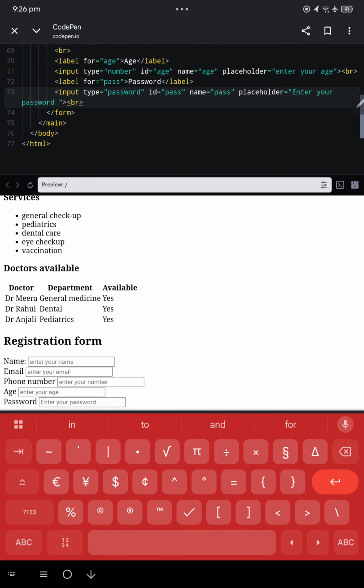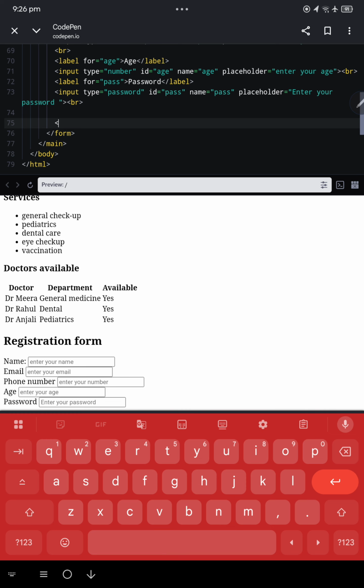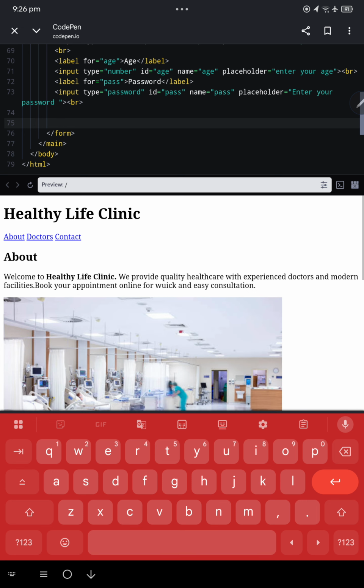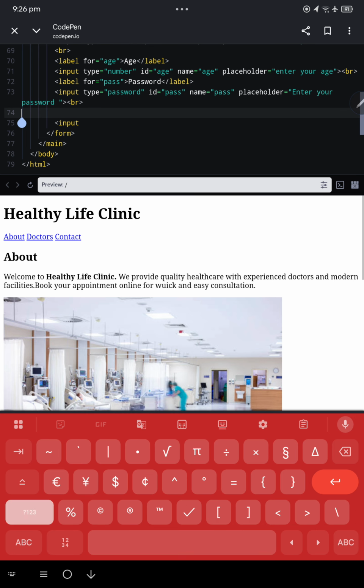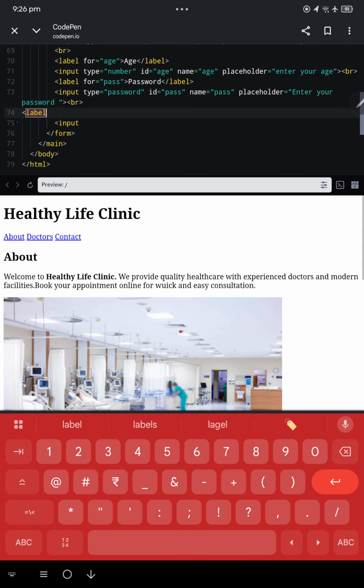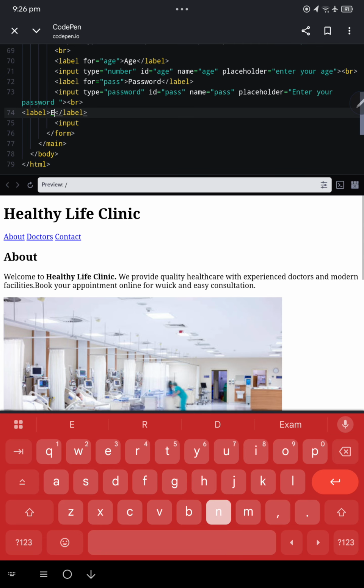Next I want to add the radio buttons to click on the gender. So here, radio, remember very carefully, radio buttons will not have a label. Directly go to input. You can write a label. I'll show you how. Label, enter your gender, that's it, but there's no id or anything is what I'm trying to say. Enter gender, this will work. Then input